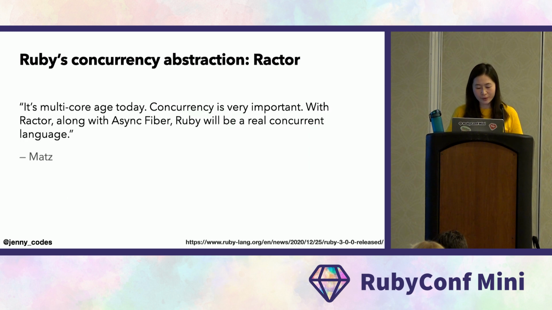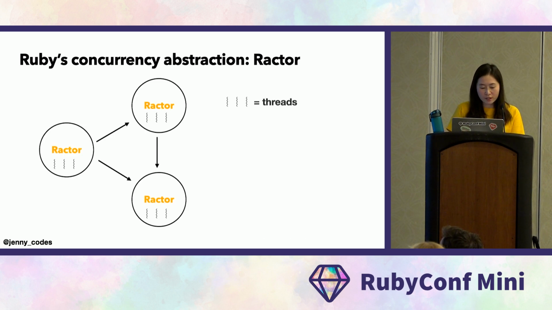And some of you might already know, Ruby has introduced a similar abstraction starting from Ruby 3.0. It's called Ractor. And we can draw a graph similar to Elixir's model that represents the Ractors. Just like the process in Elixir, we can think of one Ractor as one unit of execution. And one difference between an Elixir actor and our Ruby Ractor is that a Ractor contains one or more operating system level threads.